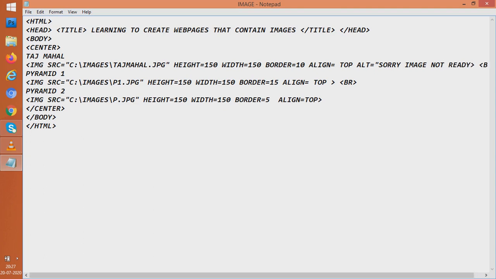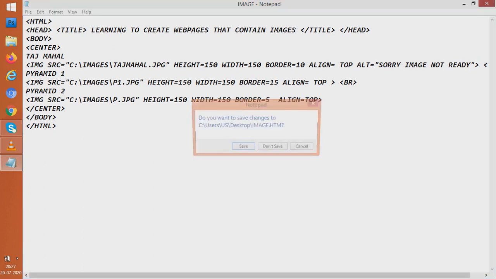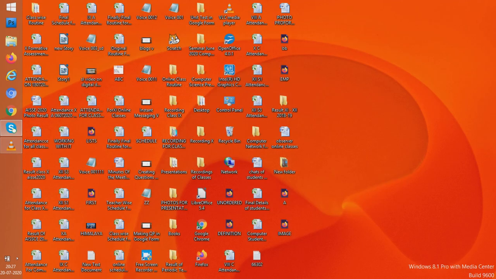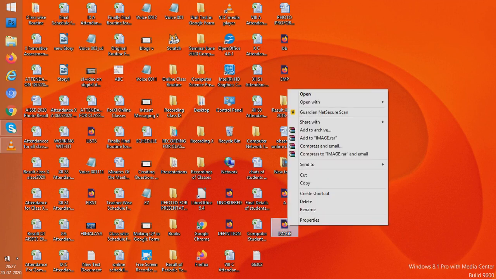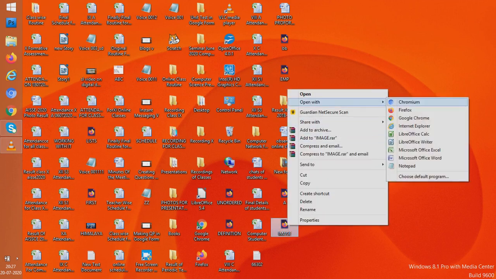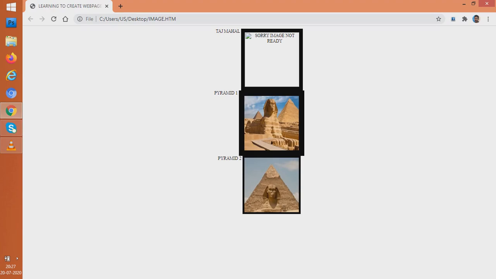Anything of this sort. Maybe I want to say to the viewer of my web page that sorry, image is not ready. I know internally that I have made a mistake, I'll have to correct it, but to that given man who is seeing my web page, I'll write something like this. So what happens? Now see, if the image is not ready, within that place some message is coming, sorry, image not ready.